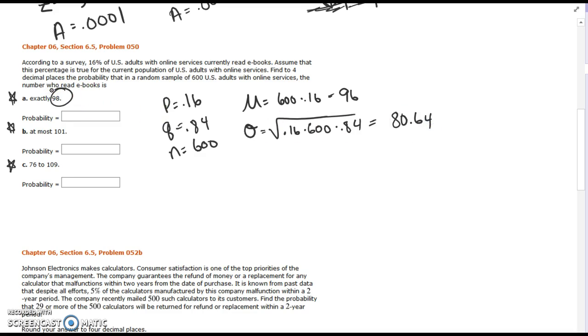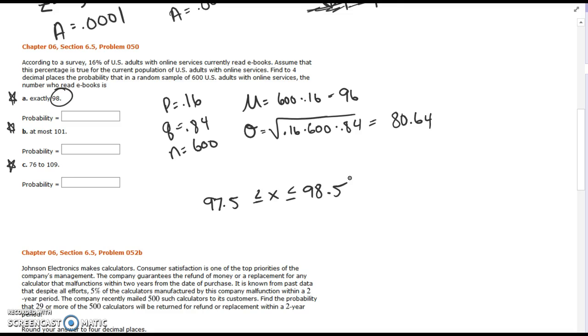So exactly 98. Now remember, we can't do exactly 98. We have to do 98 plus or minus 0.5. So 97.5 less than or equal to x less than or equal to 98.5